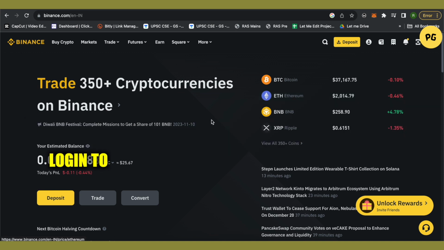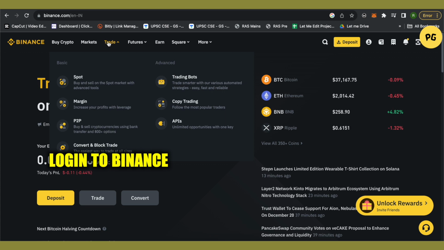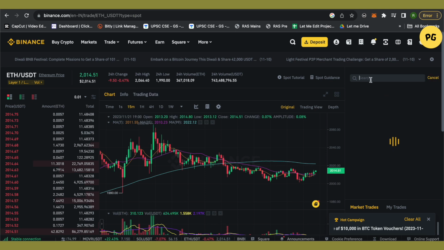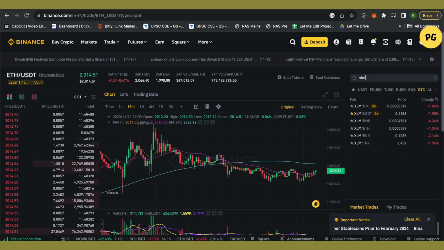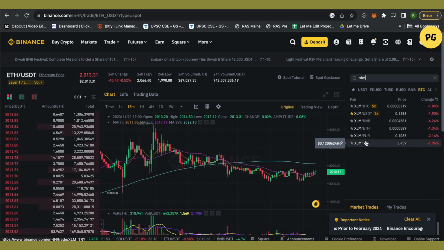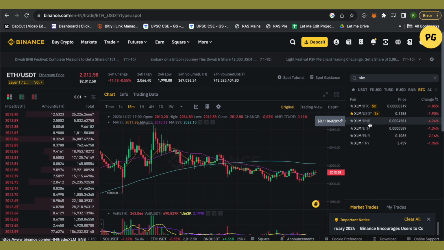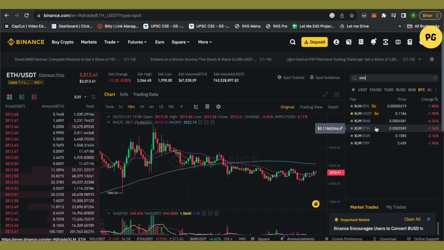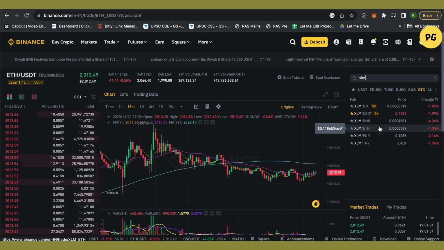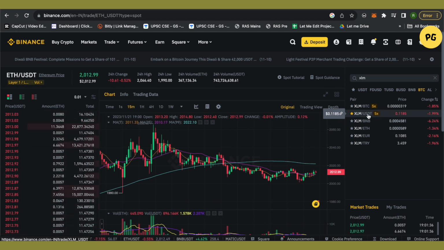So first of all, open up your Binance account. After that, just simply select the option of trade and over here select the option of spot trading. Now just simply search for XLM in the search bar and you will be able to see all the different pairs with the XLM. Whether you want to use BTC, USDT, BNB or any other crypto to purchase XLM, just select that particular pair. Suppose I want to purchase XLM using USDT, so I will select the option of XLM